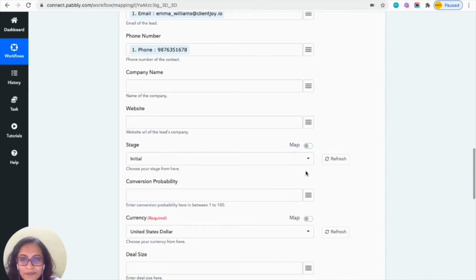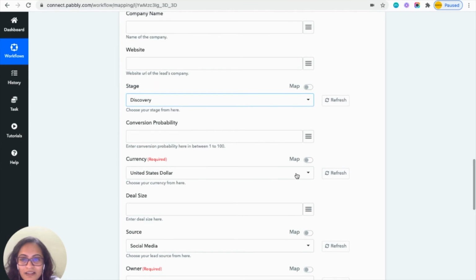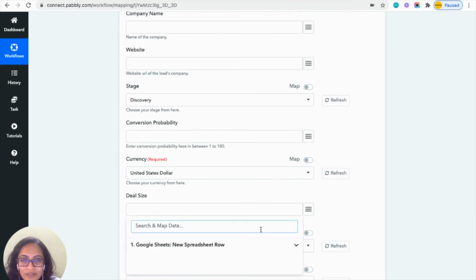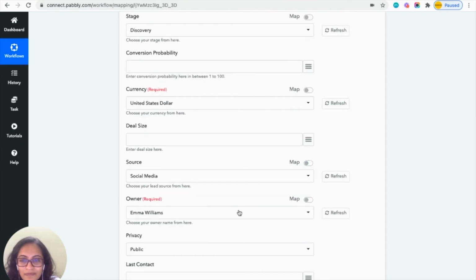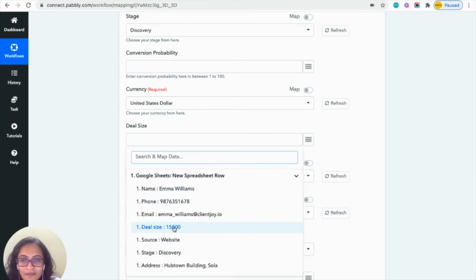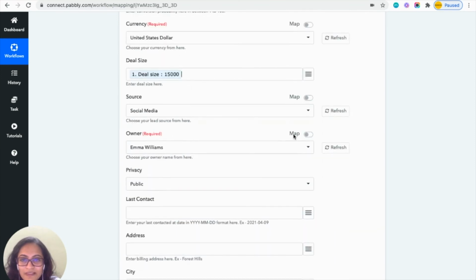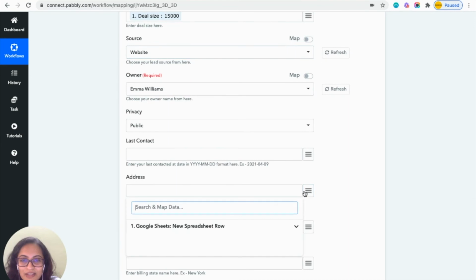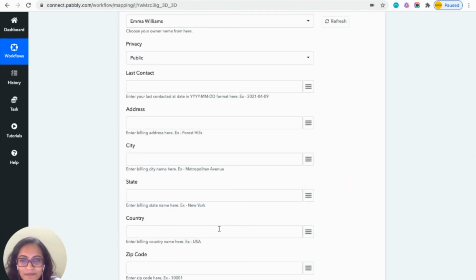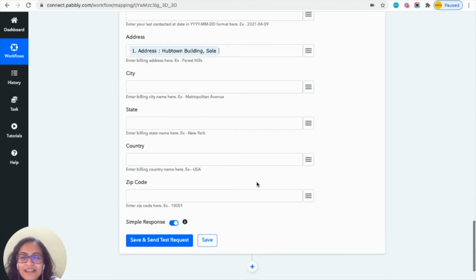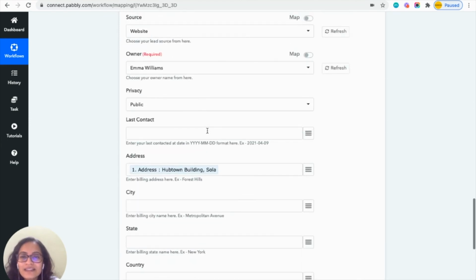Phone number. Stage would be discovery. Currency, deal size would be 15,000. Source would be website, owner Emma Williams, and here you can choose the address as well. And if you want to enter any other details manually, you can enter those details manually as well.